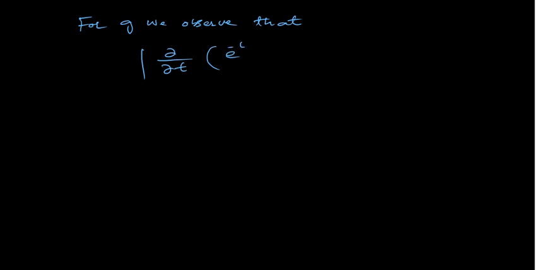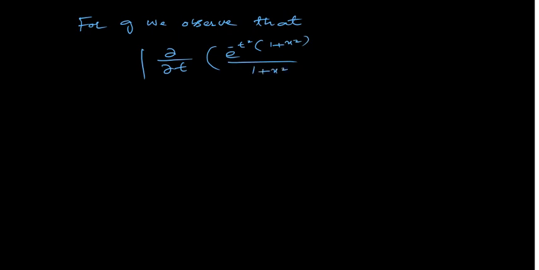For g we observe that the mod of del by del t of the integrand, e power minus t square times (1 plus x square) divided by 1 plus x square,